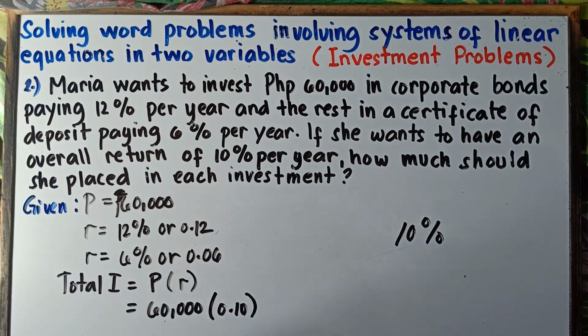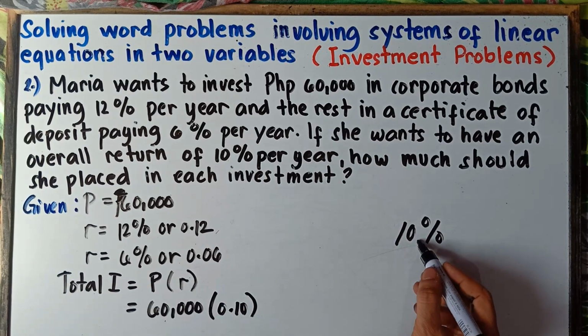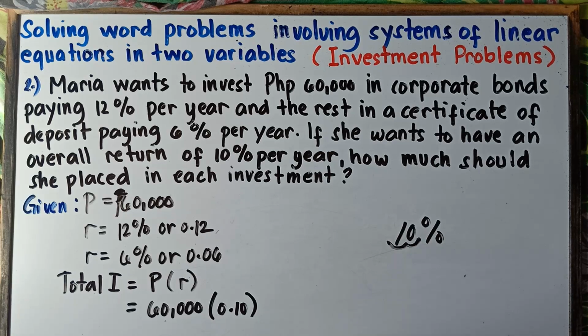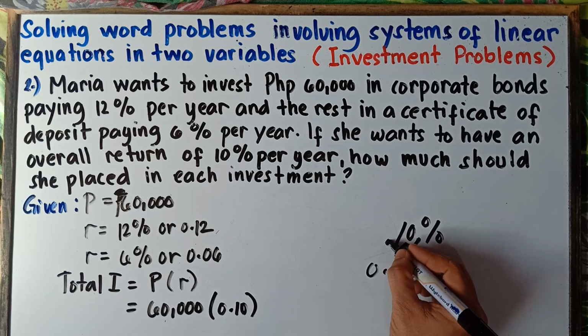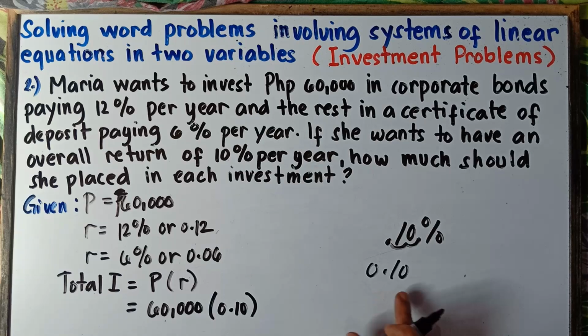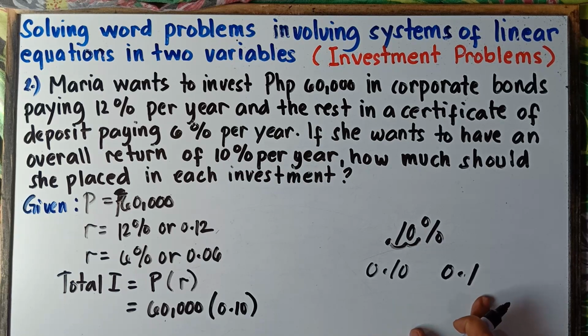Simply move the decimal point right to left twice, 1 and then 2. So, therefore, 10% equivalent would be 0.10, or we can write that as 0.1. That's the same, class. 0.10 is just the same as 0.1. If the last digit is a 0 on the last part, you can simply remove the 0, class.